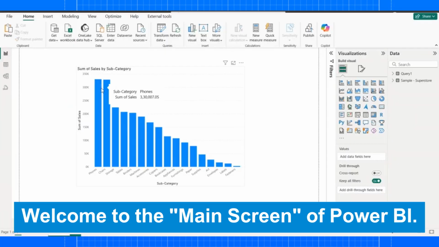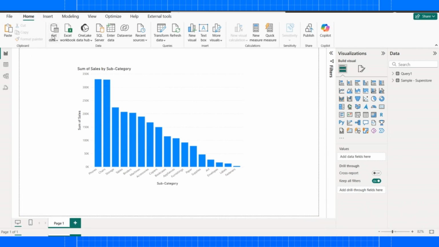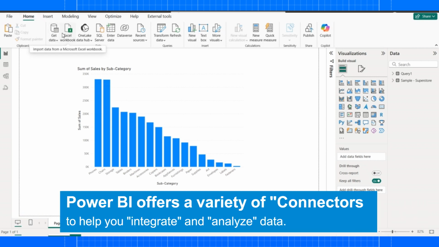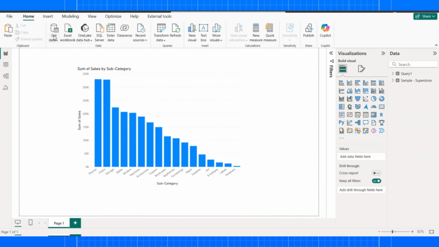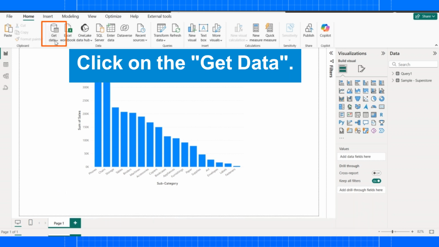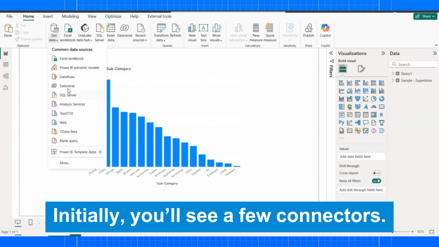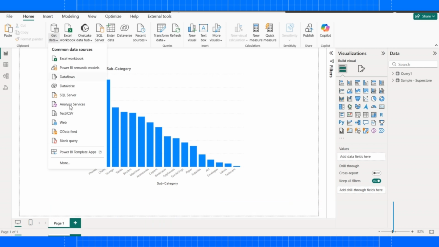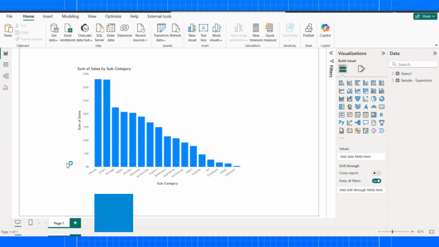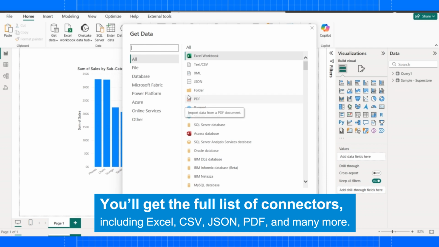In this video, we'll learn about Power BI connectors. Power BI offers a variety of connectors to help you integrate and analyze the data. You can see all the connectors by clicking on this Get Data button. Here you will get a few Power BI connectors, but when you click More, you will get a full list of connectors